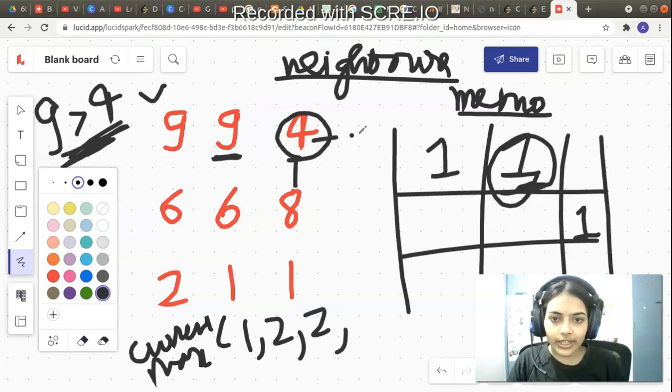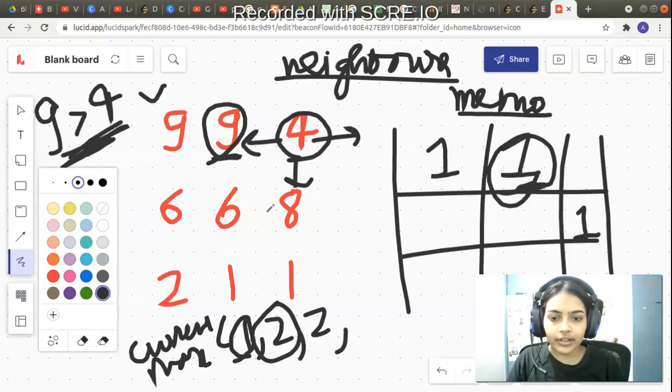So it had made a function call to its right neighbor. Its right neighbor returns 0. So 0 plus 1 is 1. Its bottom neighbor returned 1. 1 plus 1 is 2. So corresponding to that, I've written 2 here. Its left neighbor had returned 1. 1 plus 1 is 2. Okay, so we have options between 1, 1 and 1, 2 and 2. Now 4 will also make a function call to its top neighbor. Its top neighbor is out of bounds, so it will return 0. 0 plus 1 is 1.